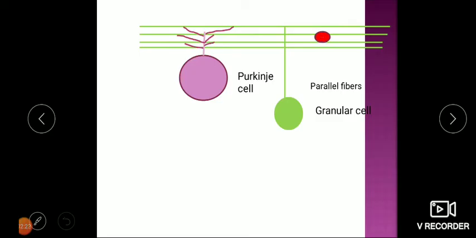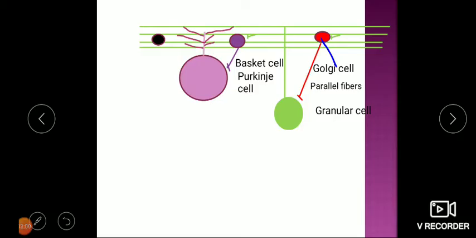Now in this parallel fiber some more cells are there. So this cell which is red in color appearing here, this is called as a Golgi cell. So here also it is having a synaptic connection with parallel fiber. It is having also connection with the granular cell. Now this cell present again in the parallel fibers is called as a basket cell because it is appearing like a anatomically basket. So again it is having, you can see, connections with the parallel fibers. It is also having connection with the Purkinje cell.